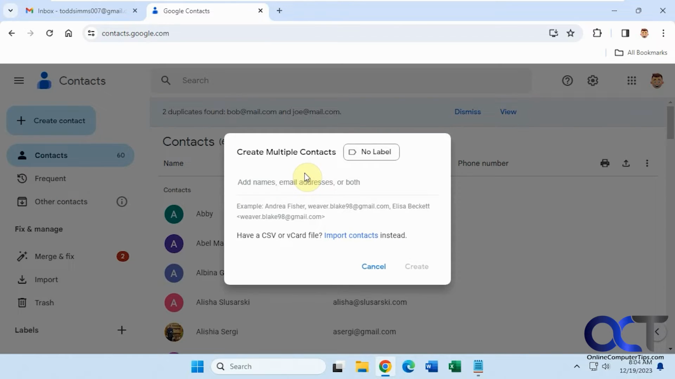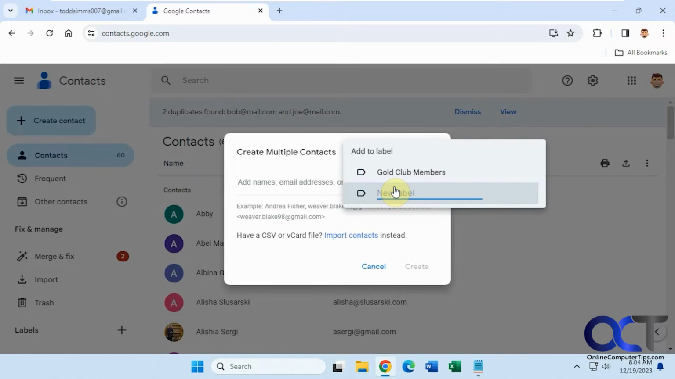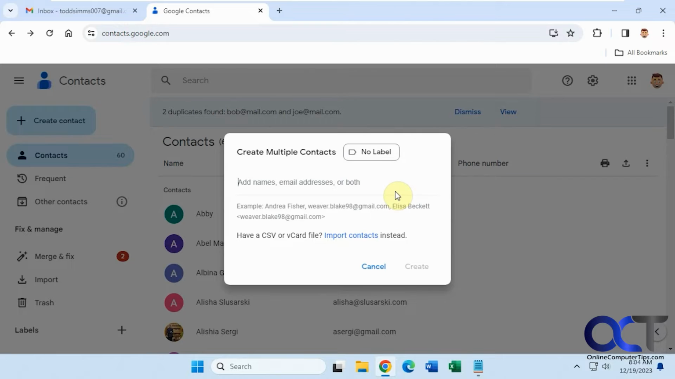Now the key here is to give it a label so you know what it is. So let's say we're going to call this sales team. Like so, just press enter so that label's created. Now we could add the addresses. So let's say it's